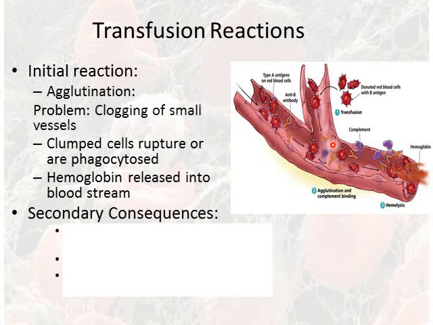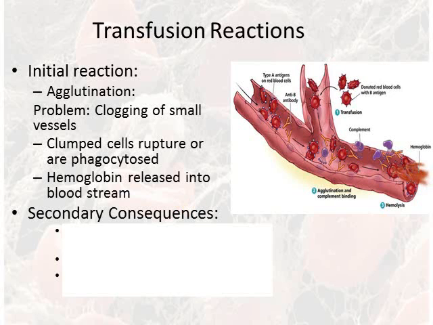Okay, so when all these get stuck together, this clogs up small blood vessels. Okay, and that can lead to lack of blood flow in certain areas. Okay, what also happens besides that is these red blood cells can rupture, or be destroyed by the immune system via phagocytosis. And when these red blood cells rupture, that dumps hemoglobin out into the bloodstream, and that's going